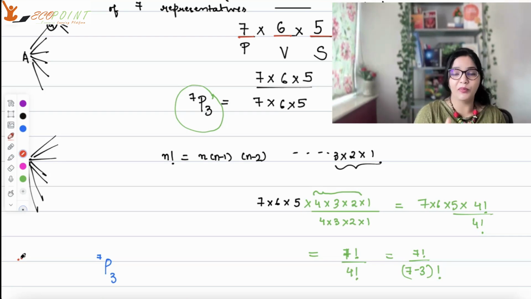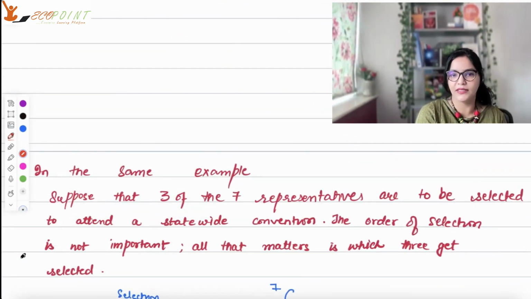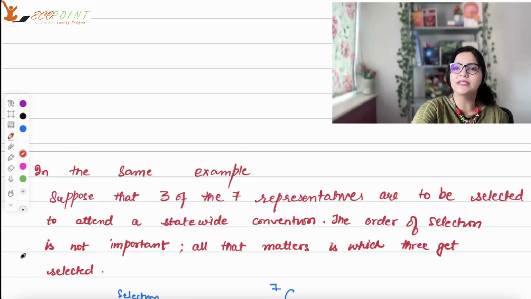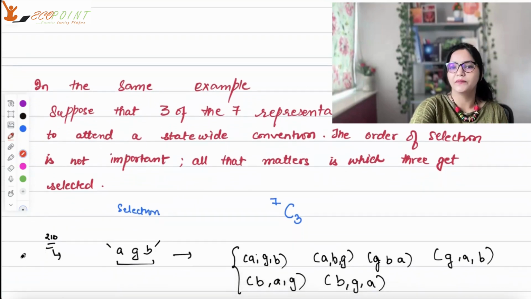Just selecting 3 people, not giving them any position, just selecting 3 people, that's combination. That's purely just selection. Like for example, in the same example, say, suppose 3 out of the 7 representatives are to be selected to attend a statewide convention. So it's not about positioning, okay? You just have to select. Order will not matter here. If I just need to select 3 out of these 7 people, 7C3 cases would be there, which turns out to be